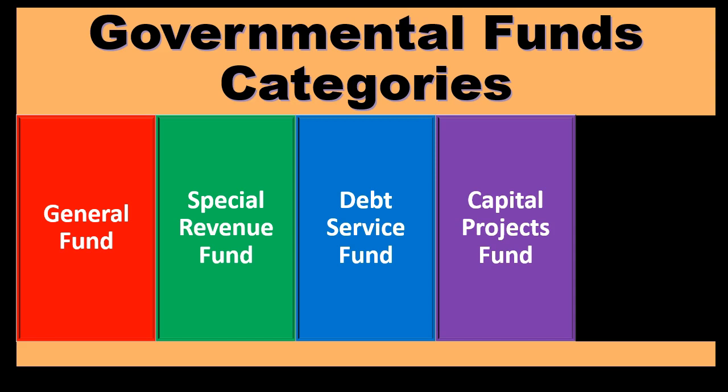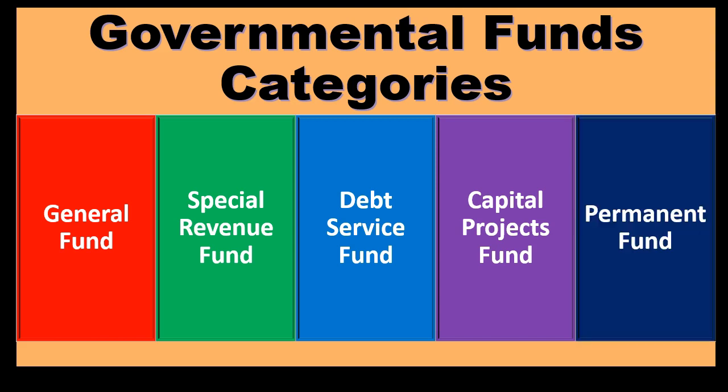Then we have the capital projects funds. So a government might set up a capital project, such as building a bridge or building a building. And in order to track the funds related to the capital project, we would set up a capital project fund, typically thinking about a long-term project that we want to account for in a separate fund. And of course, note that we might have multiple capital project funds going on at the same time because we might have different capital projects and we want to track that information in different funds.